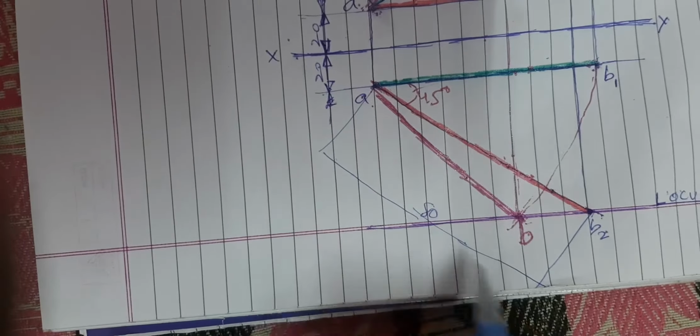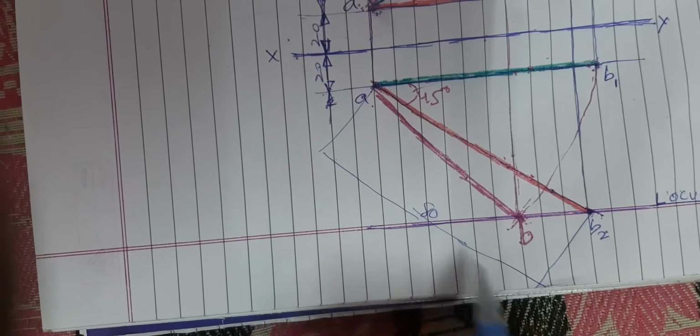So here I am going to write it. Now first, what is the first one? A dash B dash. A dash B dash is front view when line is inclined to HP and VP. Next, A dash B1 dash, second one. A dash B1 dash is also front view when line is inclined to HP and parallel to VP. Got it? And next, here we have one more front view,